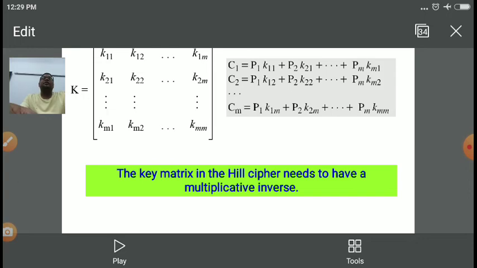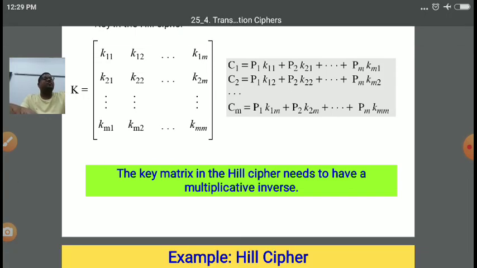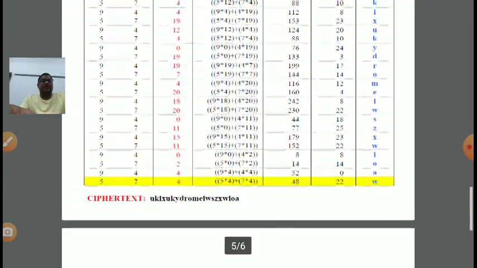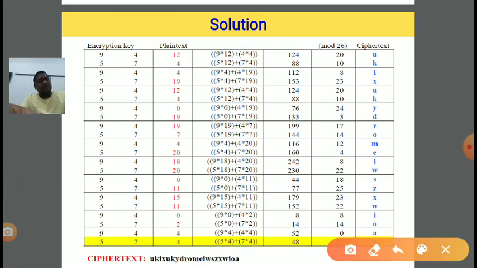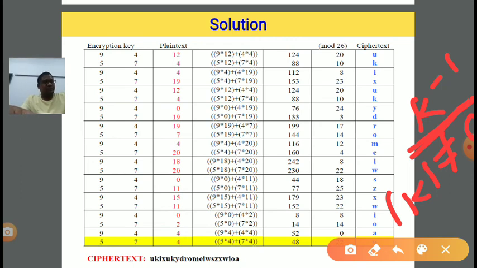Now in the previous concept, the key matrix should have a multiplicative inverse for all the elements. The meaning of this is that at the receiver end, we get the ciphertext, and we require the plain text again. So how to get the plain text from the ciphertext? We require K inverse, and since K is a matrix, to get the inverse of any matrix, mod K should not be equal to 0. It should be a non-singular matrix. Non-singular matrix means a matrix whose determinant is not equal to 0, right?